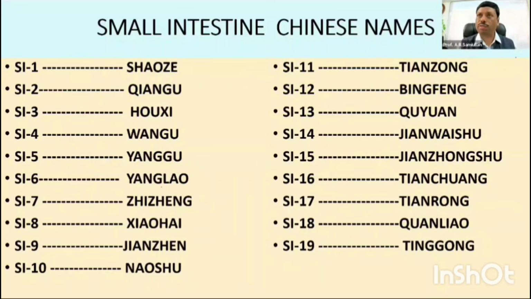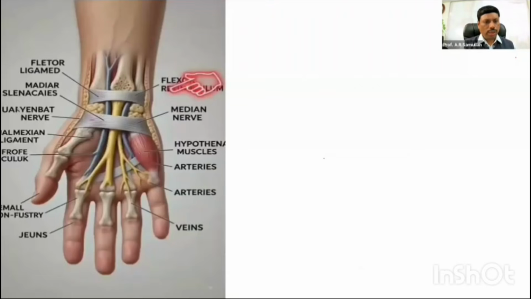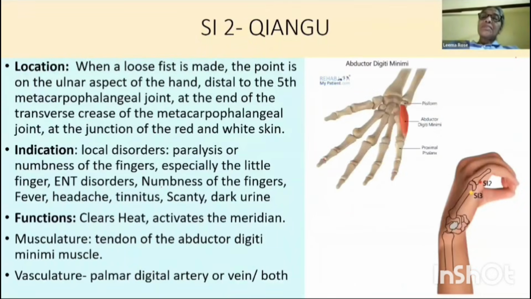Hopefully we will see one by one where the points are located. There are certain nerves which also need to be understood. On the palm, there are certain arteries and a venous system. They are called the digital nerve, digital vein, and digital artery, which pass to the fingers. Then further we're going to see.